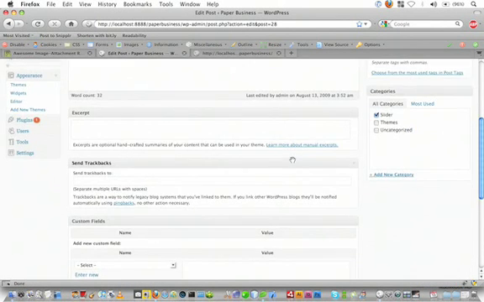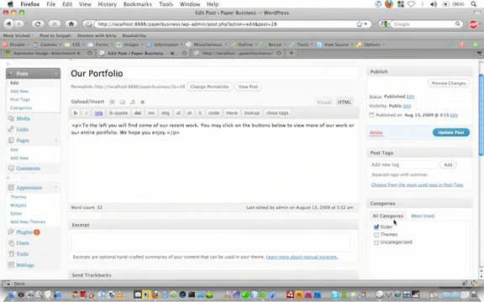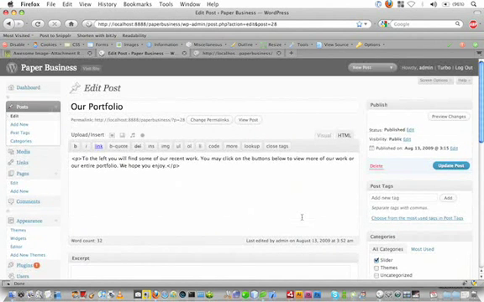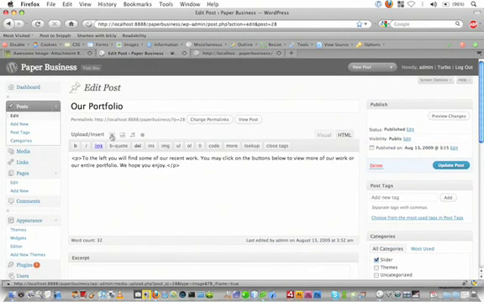Okay. First thing I want you to notice is under Category, I've added a new category named Slider, and I've put this one post under the Slider category. So we will only ever have one post in this category, and it will be for our front page slider, our featured section. I've given it a title, which is Our Portfolio, just some really basic dummy text. And then the most important thing here is I've used the built-in WordPress